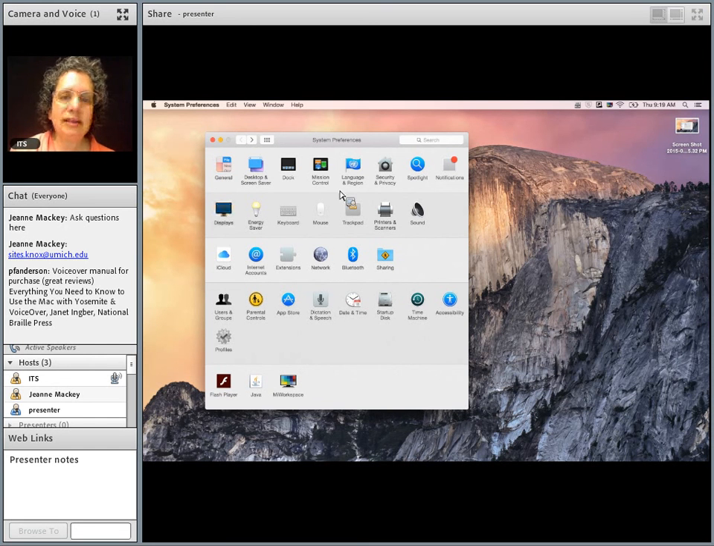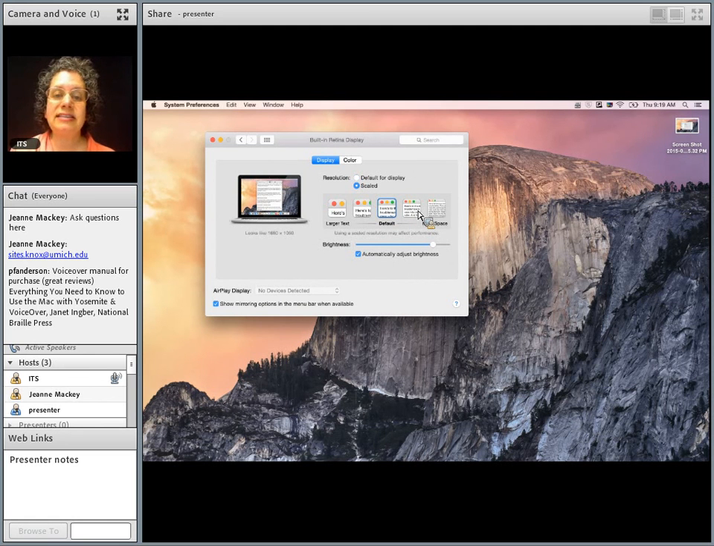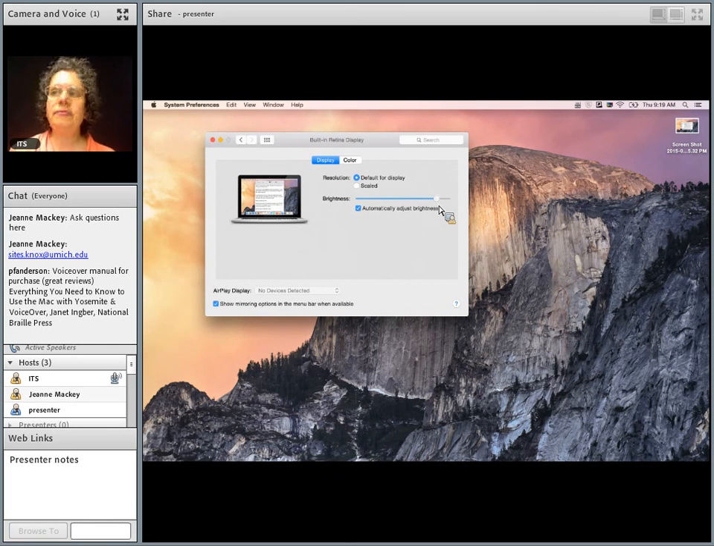That may not be on this version, so I'm going to see if that's in displays instead. One nice thing about the display is that you can adjust the resolution, whether it's the default or whether you want to have it scaled. You can also adjust the brightness, which is actually different. It's probably not showing up in the webinar, but that's actually different than the increased contrast that's built into the